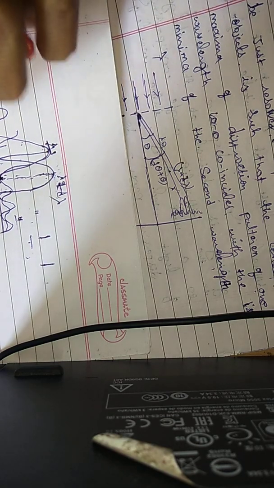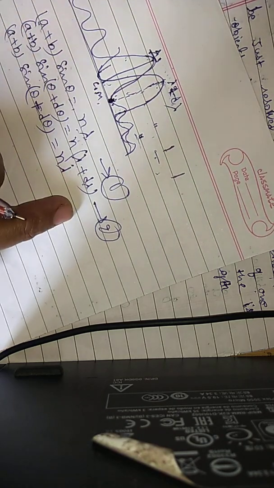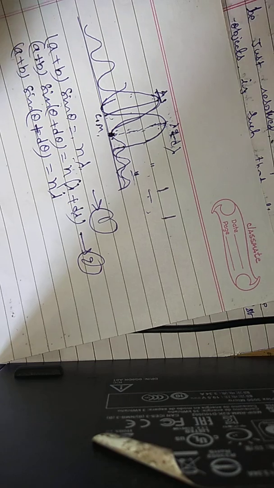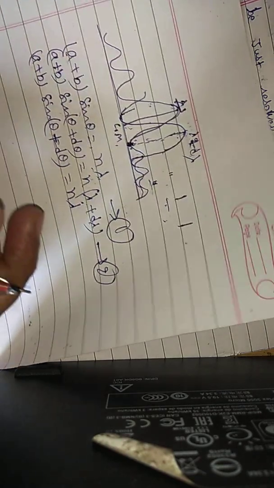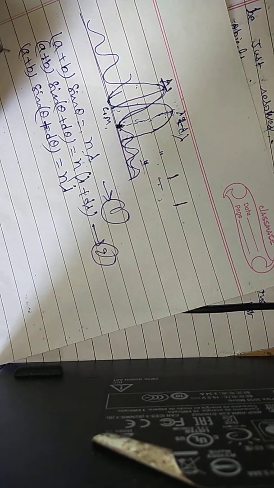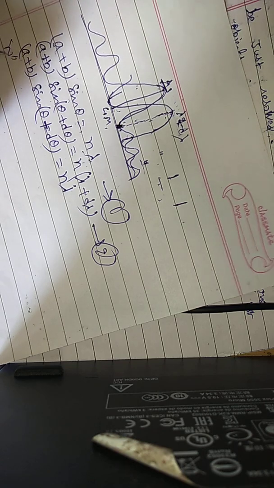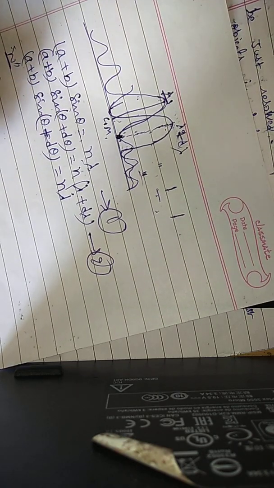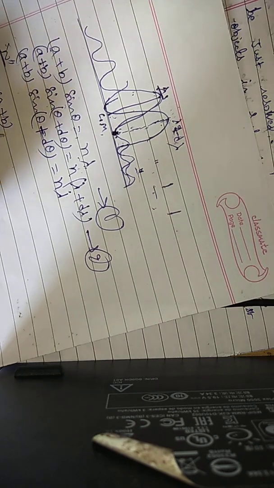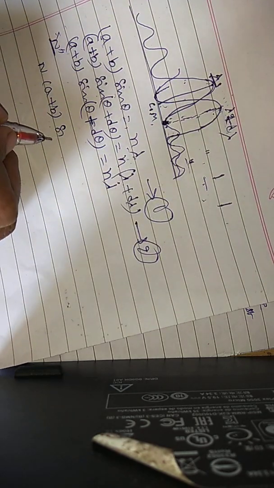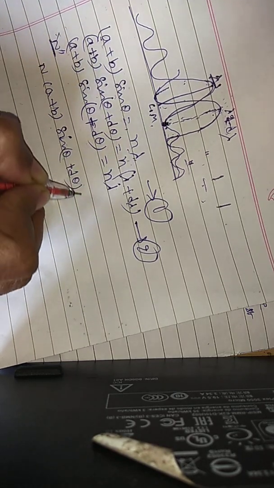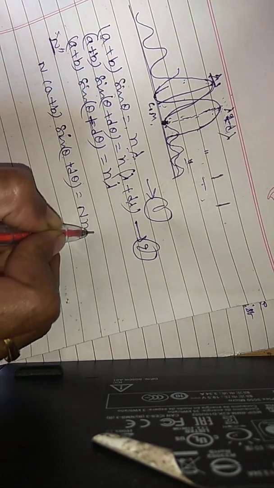Rearranging this equation, on either side it is represented with the order or number of lines on the grating, defined in terms of the number of lines on the grating. So on both sides, adding the n value, we get n(a plus b) sin(theta plus d theta) equals n lambda.